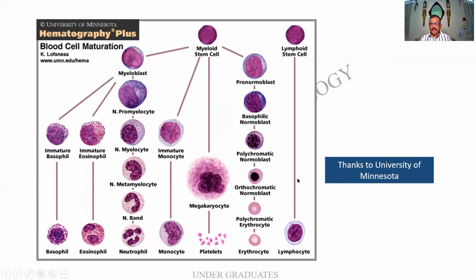There is another lymphoid stem cell that is totally different. So this particular lineage you people should understand. And I told you that this is a myeloid stem cell disorder. Therefore, there will be an increase in all the cells that are shown here. In fact, the platelets also will be increased. This is the only leukemia where platelets are increased.